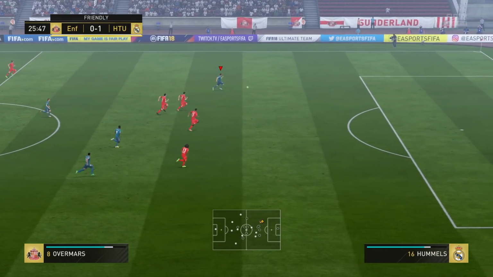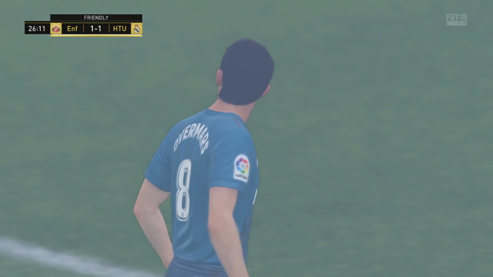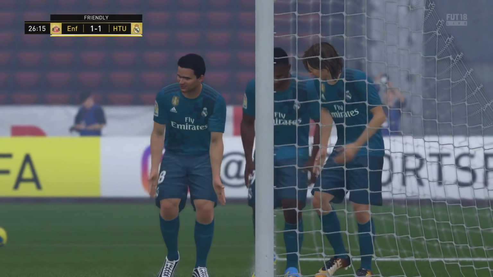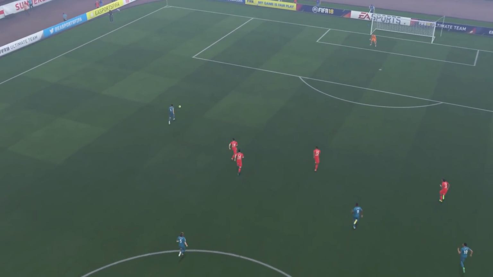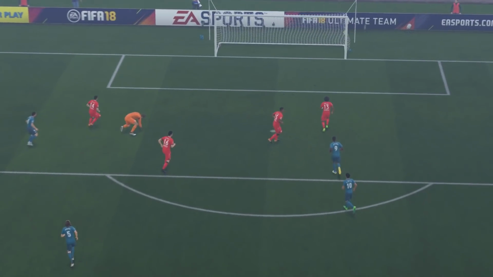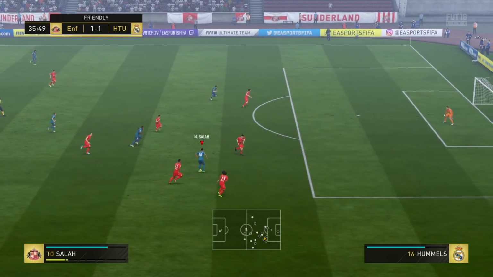Modric played a lovely ball out to Overmars here, utilising that 95 pace. And then again, smashing strike across the goalkeeper into that top corner. He's just done it, and that's a new celebration there on FIFA. I love it. Looks really good. But Prime Overmars impressed me quite a lot. He's just got better finishing and stuff than any Overmars I used on FIFA 17, and I actually liked Overmars on FIFA 17, so I think this is a great option to use eventually whenever we get a chance to